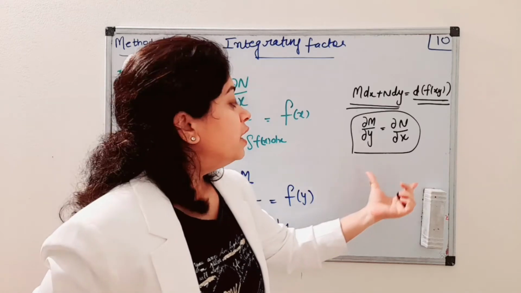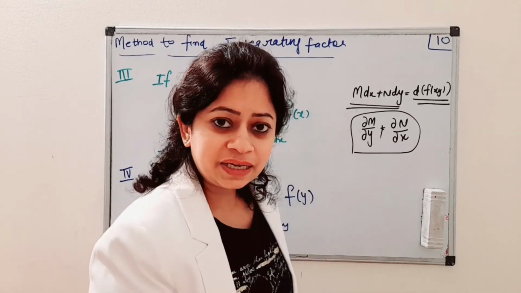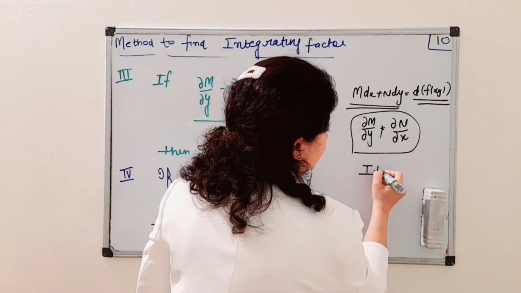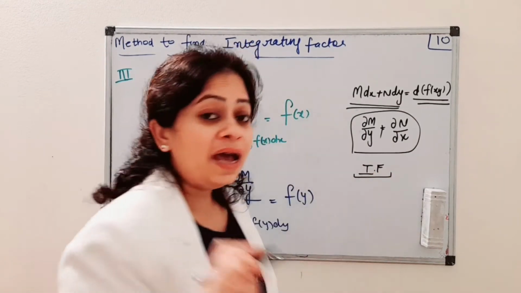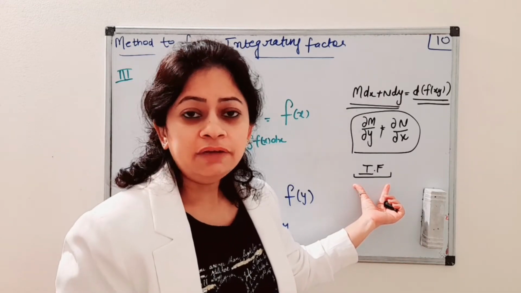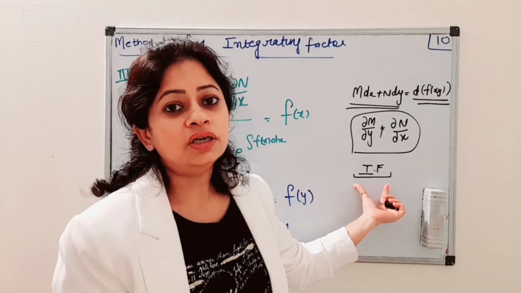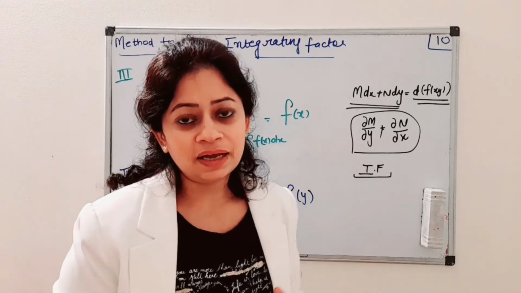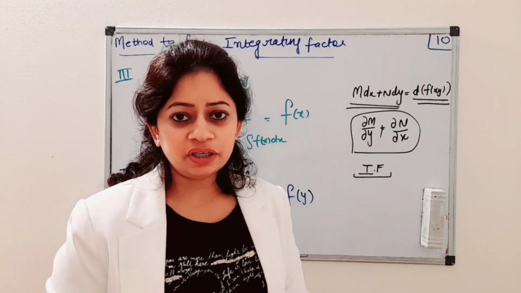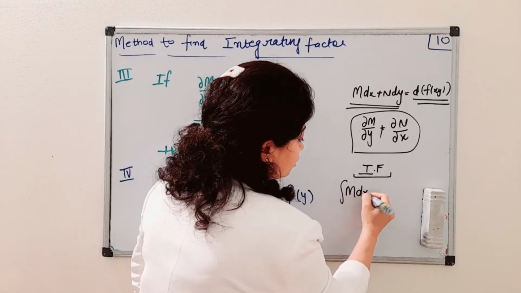will be exact. And now we came to this: if they are not equal, then we say that the differential equation is not exact. Then we use a factor to make that differential equation exact, and that factor we call the integrating factor. If we multiply the equation with the integrating factor, then that differential equation becomes exact, and then we can find the solution either by rearranging the equation like we did in the last video, or by this method, that is, how do we find the solution?